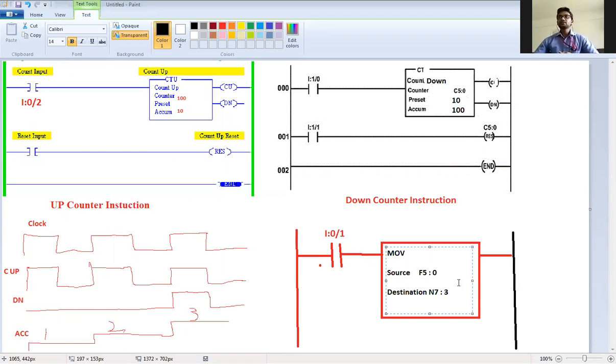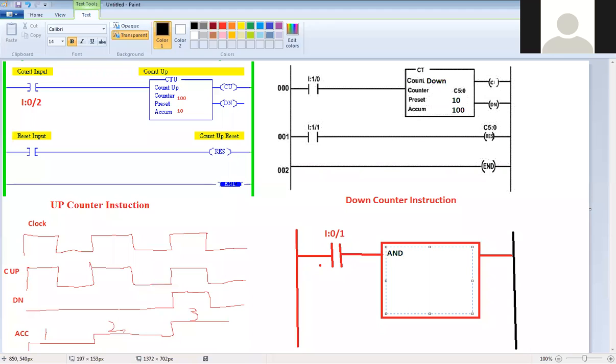For logical instructions, we know ANDing, ORing, XORing, NOR. So these are the logical instructions. First of all, if you take the AND instruction, AND means the multiplication of two binary bits. That is your AND. In AND, you know that there are two inputs, A input and B input.